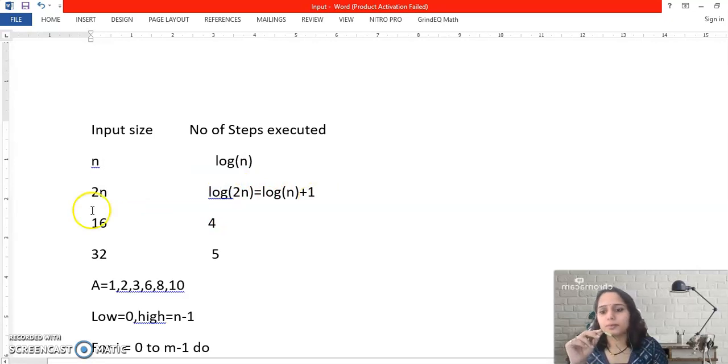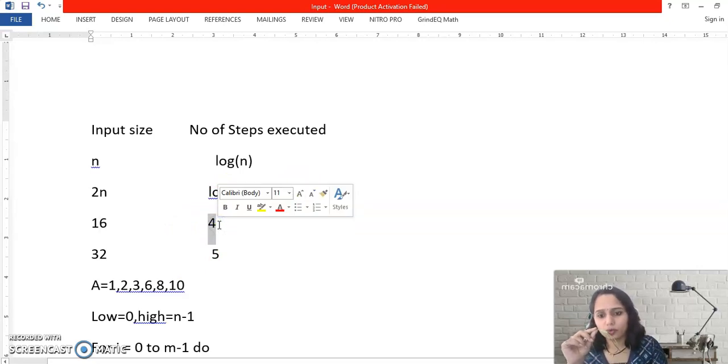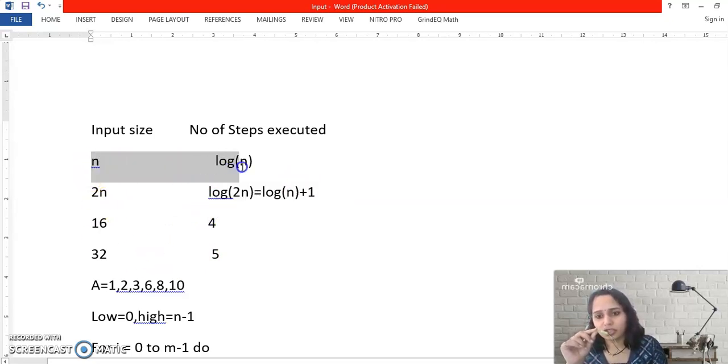I'll explain with the help of an example. Okay, so what is the meaning of this? If my input size is 16, then what is log of 16 to the base 2? 2 raised to 4 is 16. It means the value of log 16 is 4. Okay, so the first relation is satisfied. What is the next one? If my input size doubles, it means instead of 16, I have 16 into 2, which is 32. Now, what will be the value? Log of 32 means 5, or we can say 4 plus 1 is 5. So that is the meaning of the second statement.